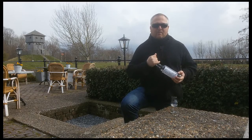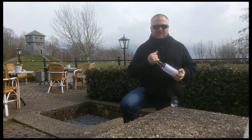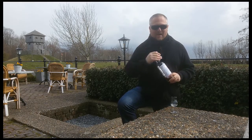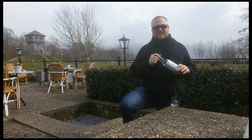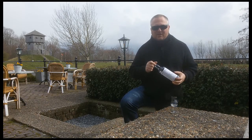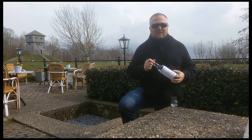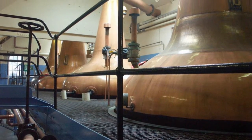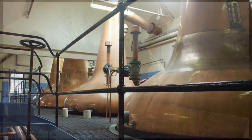That's not too far from the BenRiach and the Longmorn distilleries. In 1840 it was run by James Walker. That name might ring a bell. And it had a production at that time of 90,000 litres. By 1900 that was increased to 227,000 litres. In 1962 and 1971 some big renovations took place, increasing the stills to 6, 3 wash stills and